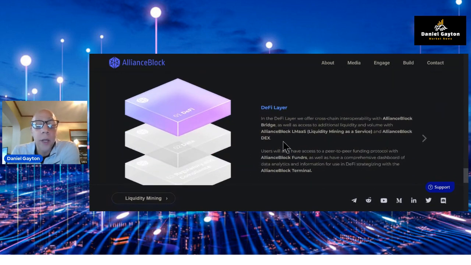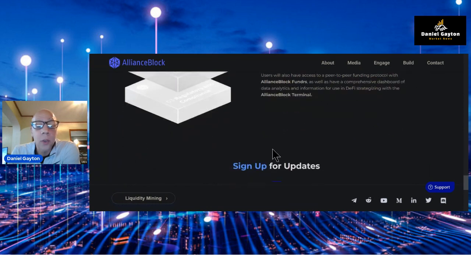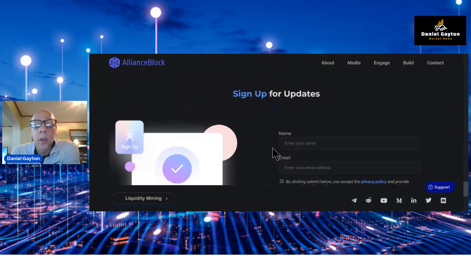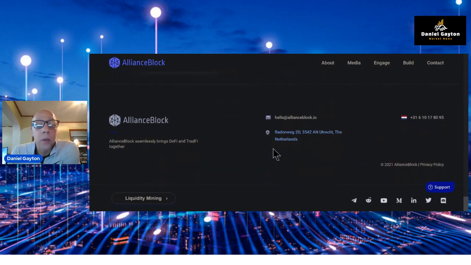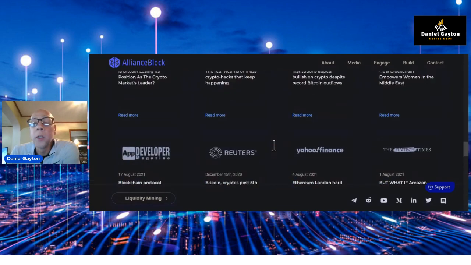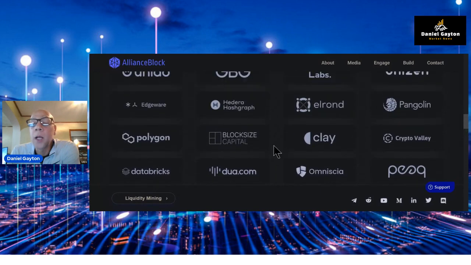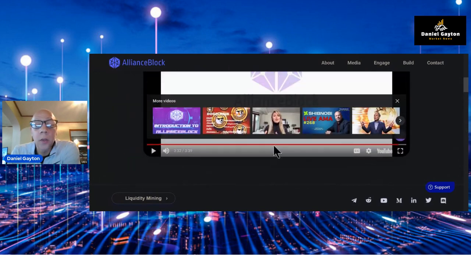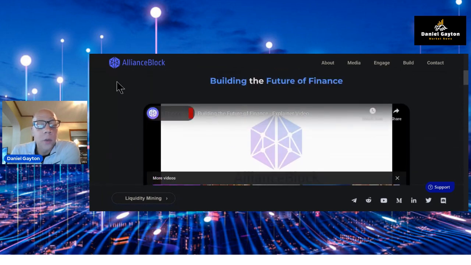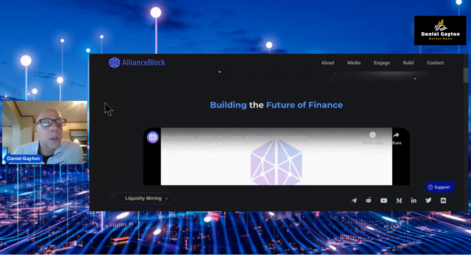They go into some DeFi layers, of which they explained in the video. Updates here. So really, that's what Alliance Block is, and it's really an ISO. And one of the things that I find interesting in this video is that they have